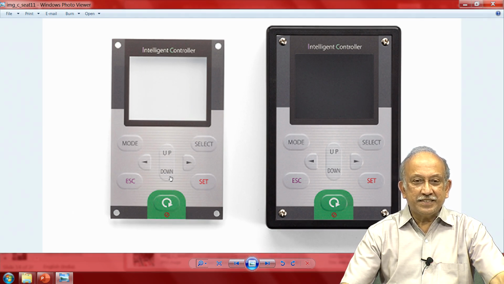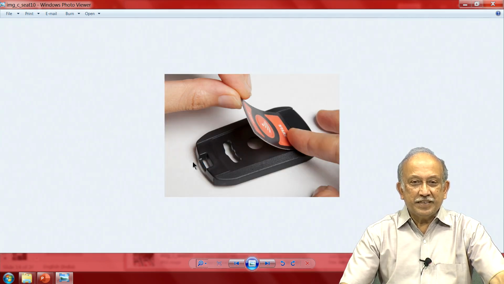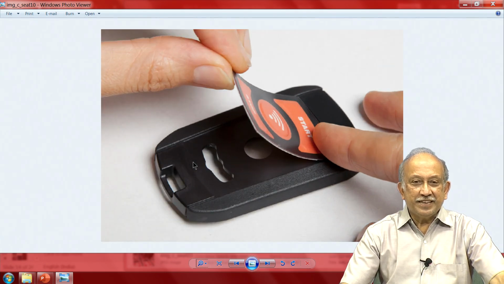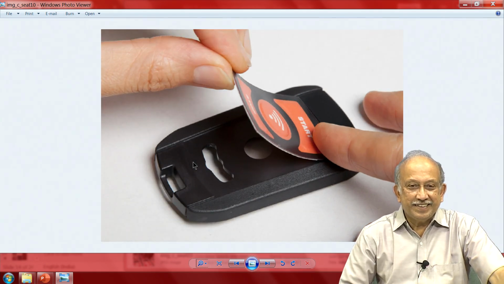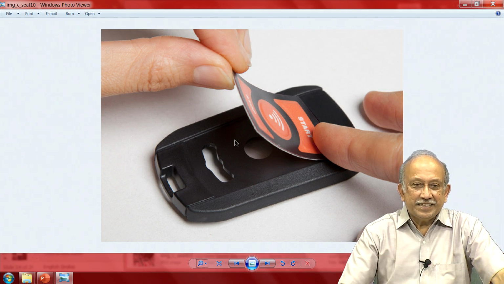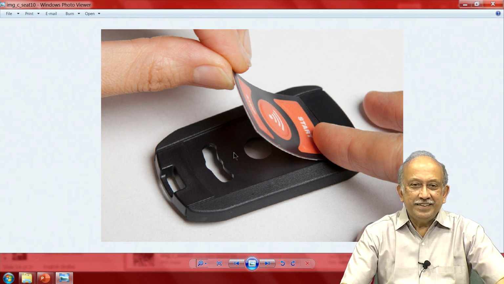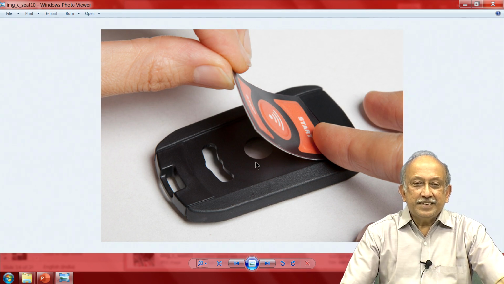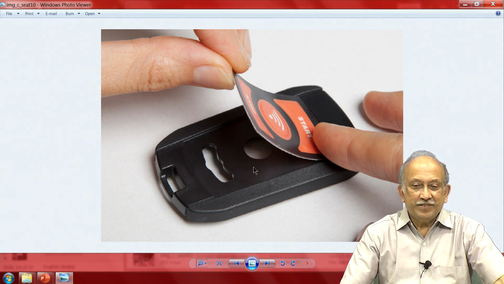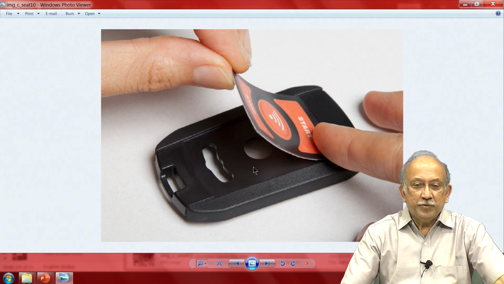You see here something says up and down, but here there are 2 arrows. To me it is a little confusing, but there is no problem. I expect all these things have been done. Now you see here what is being done here. So you can make any standard device like this and attach your own graphic on top of it, also called decals, and you have an entirely new product.